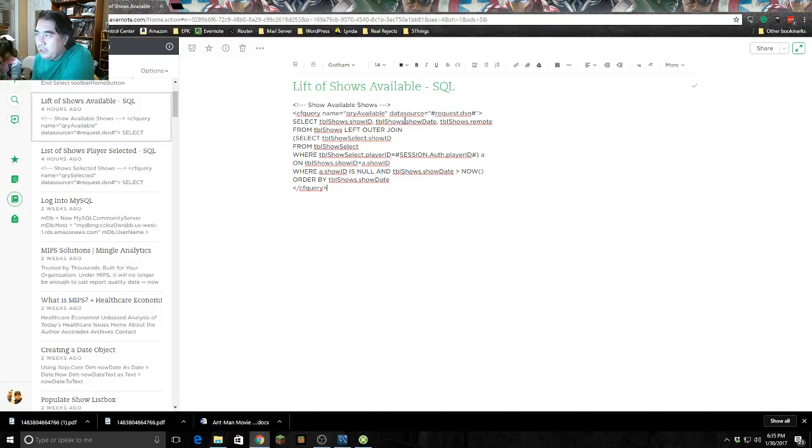So the show ID, show date, and then this is the description where it says remote. Okay, we're going to pull it from the show table, but we're going to create a left outer join which selects the